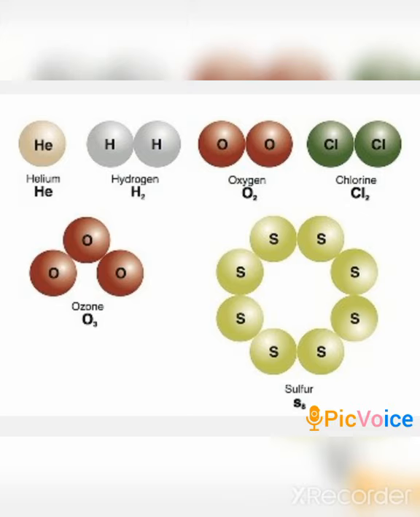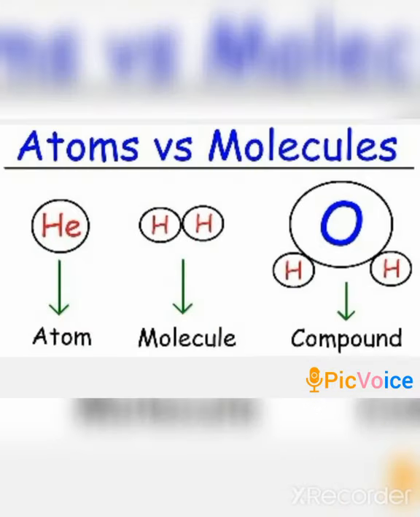And we will now discuss what is meant by compounds. Look at the image. This gives an idea about atom, molecule and compounds. First one is helium, where there is only a single atom, and with respect to hydrogen there are two atoms combined together, so it is known as a molecule. And in the third case it is H2O, the chemical formula for water, wherein there are two hydrogen atoms and one oxygen atom.